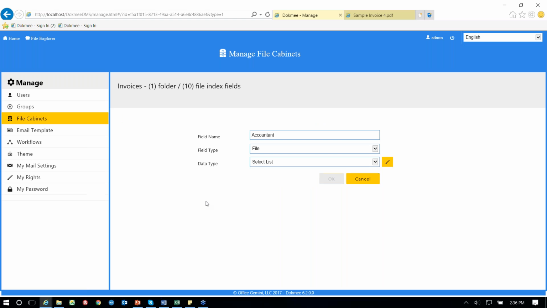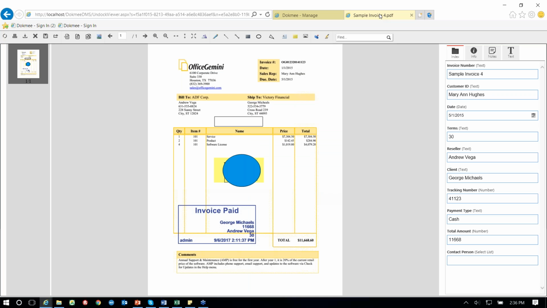And later I would be able to let you see how it works. So these are the available index fields that we created in our file cabinet. So here's the contact person. So this is how it looks like. Once you choose this one, let's say Johnson,